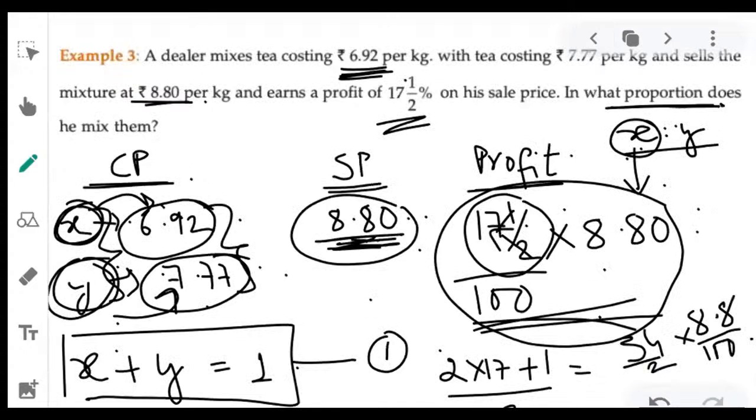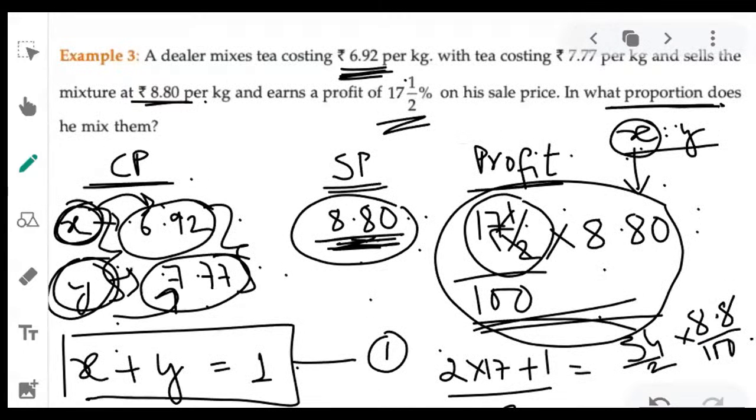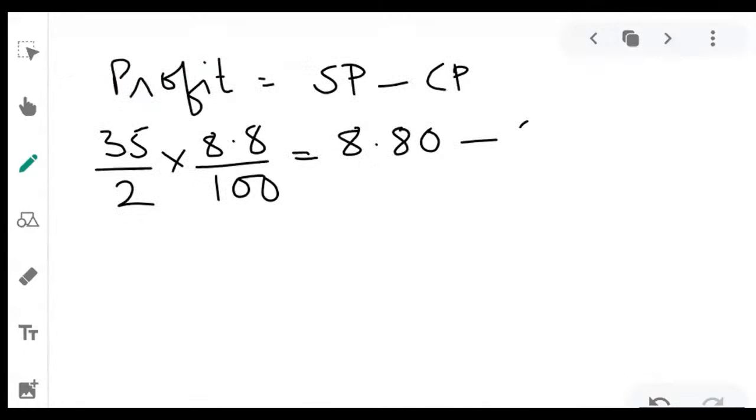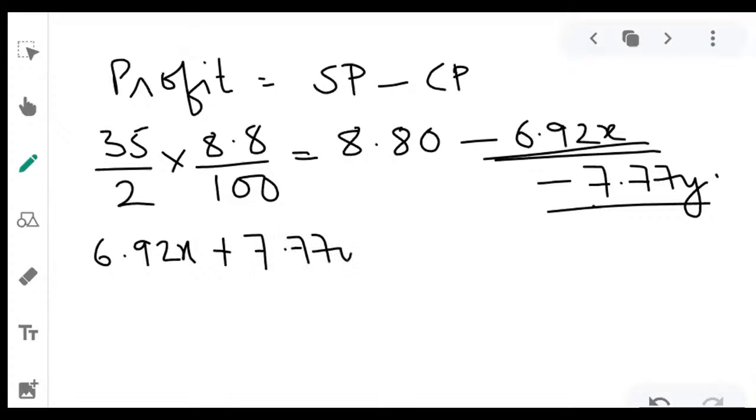Is equals to selling price 8.80 minus cost price 6.92x minus 7.77y. So these both are negative, so I'll bring them to this side. So 6.92x plus 7.77y is equals to